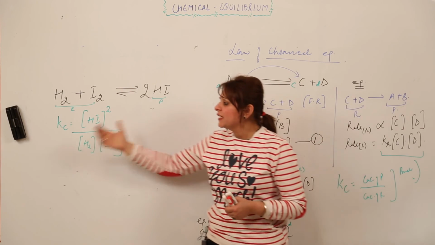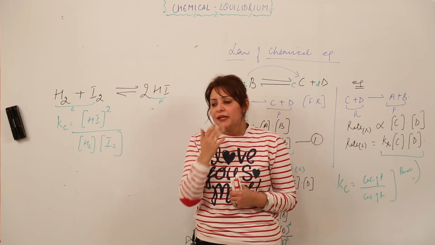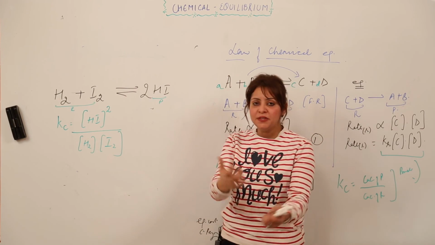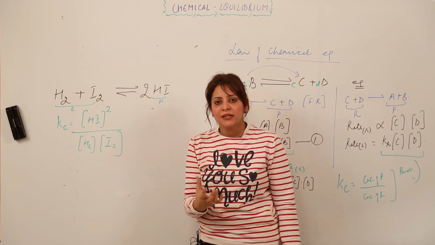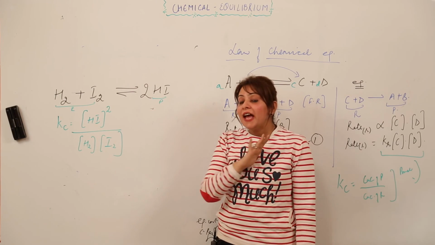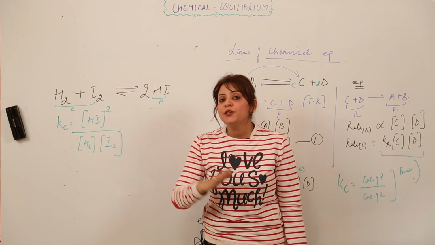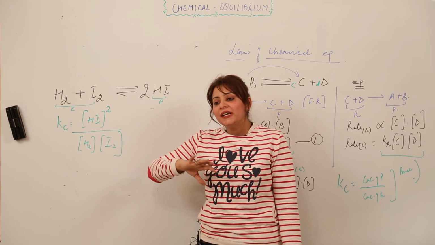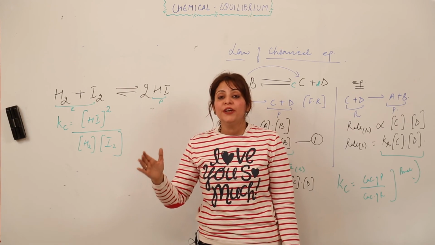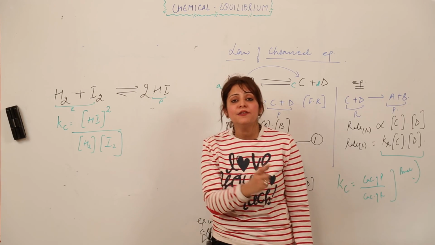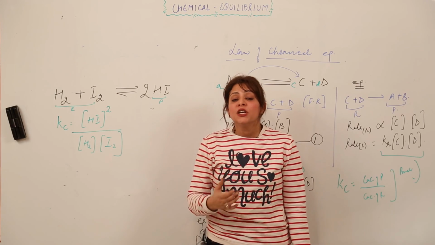Now this Kc indicates the equilibrium constant for the complete reaction, right. But suppose we have just started a reaction, like I am taking an example, we have started with H2 and I2, and H2 and I2 just started to react with each other and they are forming HI, right. The reaction hasn't reached the equilibrium stage. I am just repeating again, the reaction hasn't reached the equilibrium state, or we are not aware whether equilibrium has been achieved or not, right. So in the middle of the reaction, when you need to know the concentration of the reactant which has been consumed or the concentration of product which has been formed, how can you do that?